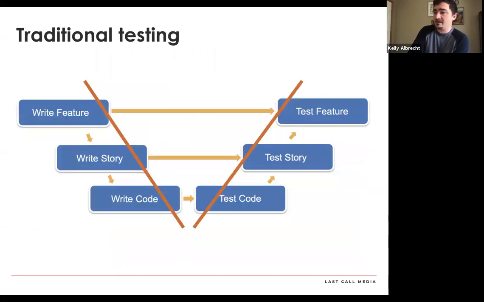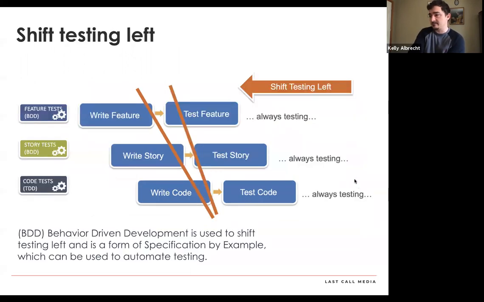And so if you make it SMART, you open up the door to going from traditional testing to shifting the testing left. And the way that you shift the testing left is with behavioral driven development. So that's where you basically write the tests first and do the work until the tests pass. And that's what the last few slides we'll look at pretty quickly, is writing in a Gherkin syntax, which makes your stories testable by verifying their behavior. And this is a form of what's called specification by example. So you're writing the tests first, an example of what you're trying to do, and you're working until that example